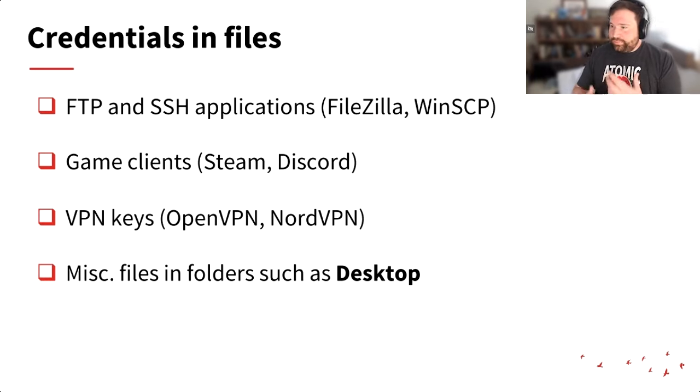It's all sorts of details that are relevant with VPNs. And the last big thing is going to be miscellaneous files and different folders. It's kind of a generic thing, I know, but when we stop and think about human behavior, if you have a person who saves all of their password files in a spreadsheet, that password spreadsheet is probably going to be on their desktop or their documents or something like that that is very quick for them